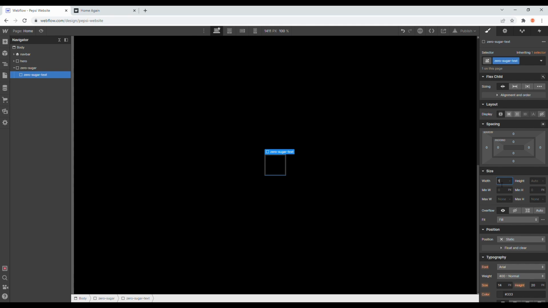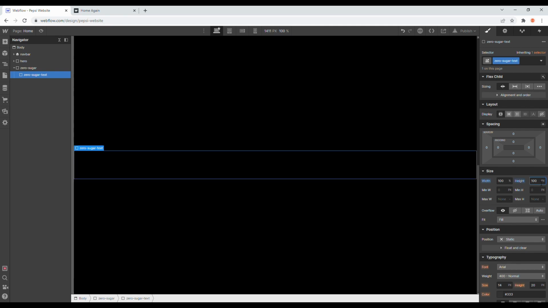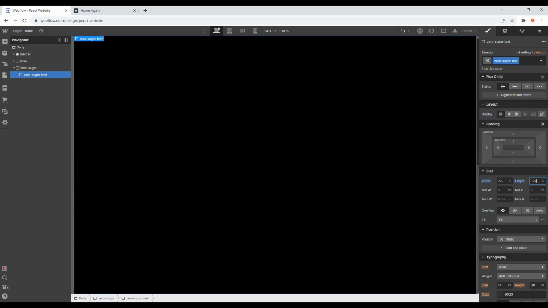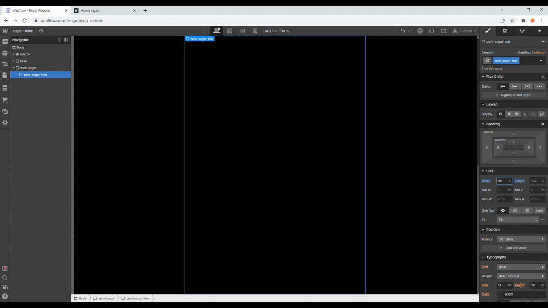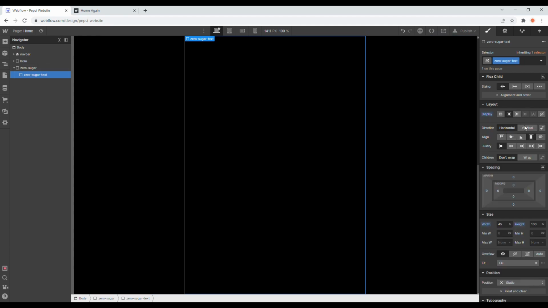Have the height be 100% and the width maybe about 45. Okay, there. Now inside of here, I am going to set the flex box to be vertical